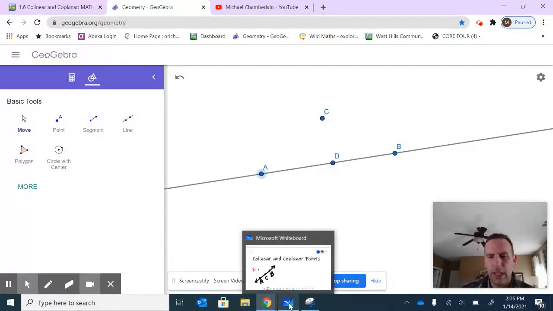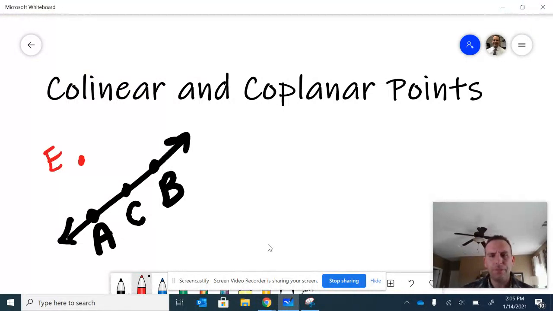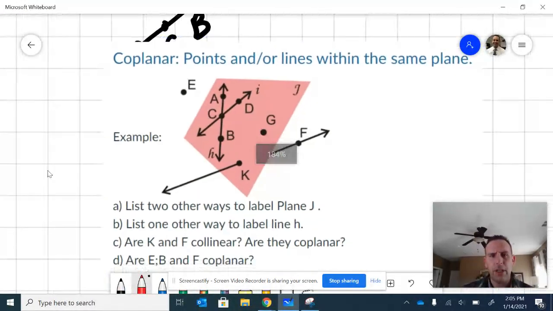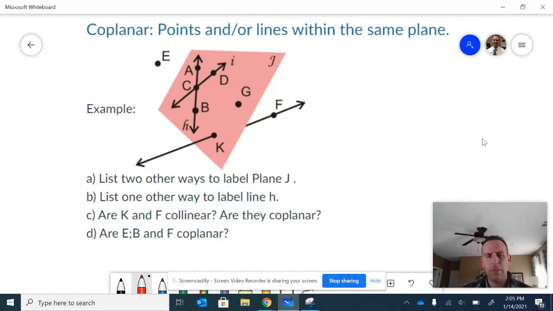Let's take just a look really quickly at coplanar. These examples here from our text: coplanar points are points within the same plane. Part A asks us to list 2 other ways to label plane J. If you pick any 3 points from this plane, it'll satisfy it. We have a bunch of points on this plane: A, B, C, D, G, and K. If I choose any 3 of those, for example, K, G, and B,